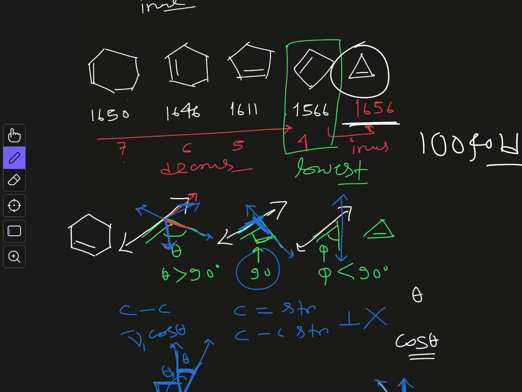So this is because of the high contribution of the cos component of the stretching frequency from the C-C single bond. So in the case of cyclobutane you can see there is no contribution, it is fully perpendicular like this, and that's why the value of the stretching frequency is lowest. As you increase the ring size, the component is added, or again if you decrease the ring size the component is added, and that's why the stretching frequency value accordingly increases. It is lowest for the cyclobutane system.